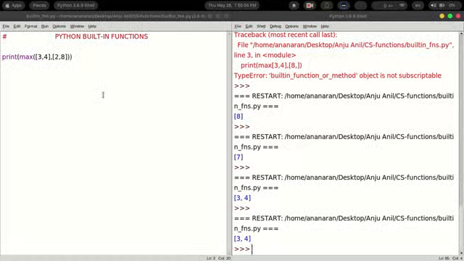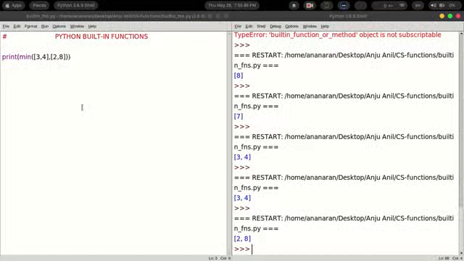Even though 3 plus 4 is 7 and 2 plus 8 is 10, it doesn't consider the added value of the two lists. Instead it takes the first value in both lists, compares them, and gives you the list with the higher value. So here, 3 is the first value of 3, 4 and 2 is the first value of 2, 8. 3 and 2 are compared and 3 is bigger, so max will give you 3, 4.